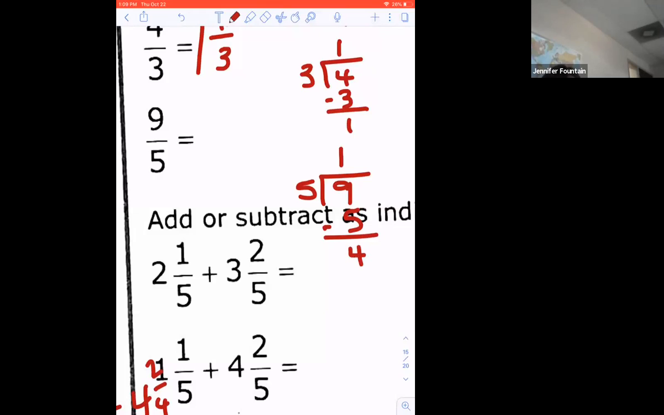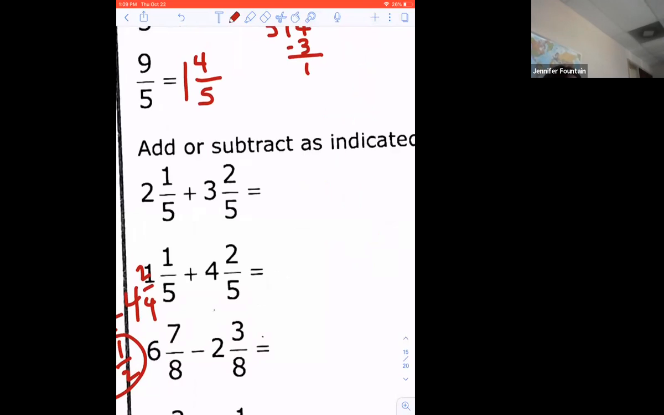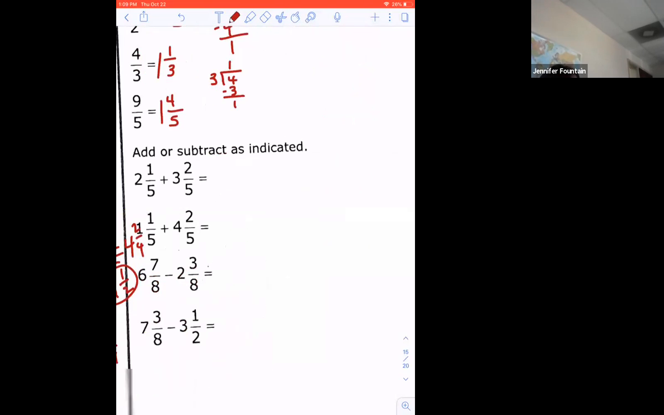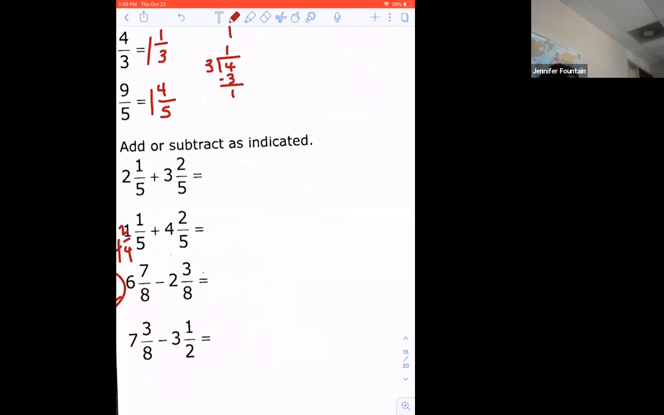All righty, so now what we're going to do is it says to add or subtract as indicated. Like I said, you can do one of two things. Since we do have common denominators, we can add by using whole number plus fraction, or we can change to improper fractions. Either way. Actually, we'll go ahead and look at it both ways, so you can decide which one you want to do first. So we would take whole number 2 plus whole number 3 gives me 5, and then fraction 1/5 plus 2/5